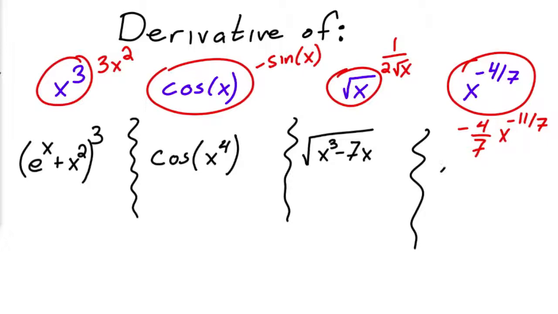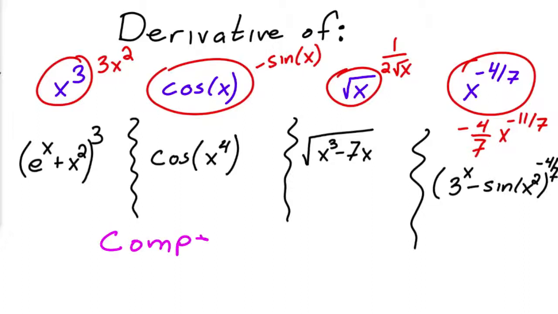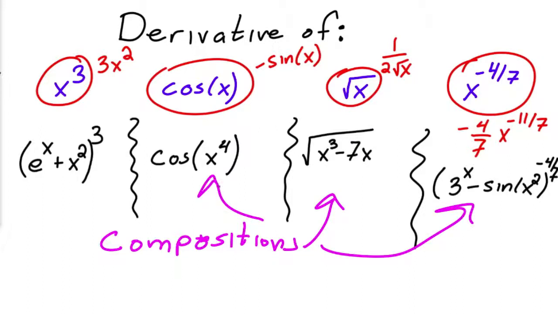And let me do an example like this one. Instead of x to the negative 4/7, what if I have 3 to the x minus sine of x squared all to the negative 4/7? These are all examples of compositions of functions. All of these right here are compositions of more than one function, sometimes two, or it could be more. And so when you have a composition of functions, the usual rules of derivatives don't apply because it's a different situation. So here, to be able to effectively deal with these problems, we're going to label